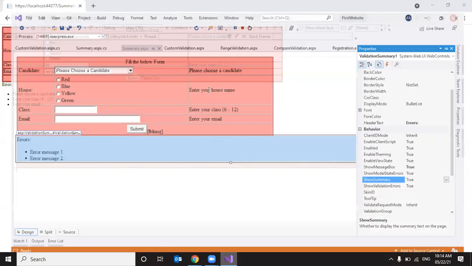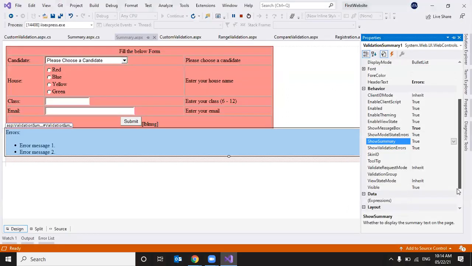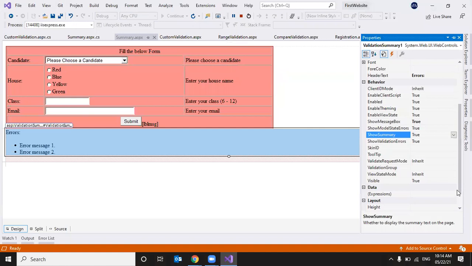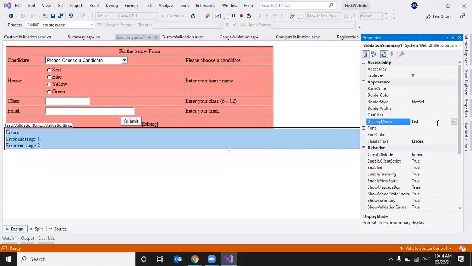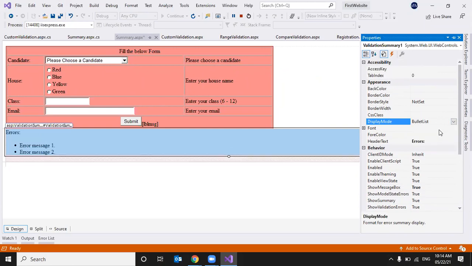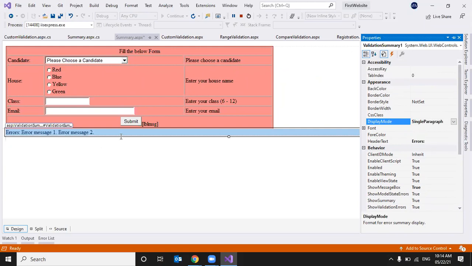And also we have one property like display mode. So we can display bullet list or we can display list like error 1, 2, 3 like that, or bullet list with a dot symbol, or we can display in a single paragraph like this. So we'll see one by one.